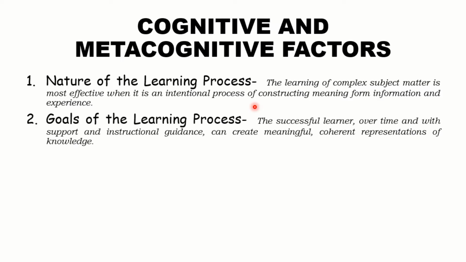Next one is the goals of the learning process. It says here that the successful learner, over time and with support and instructional guidance, can create meaningful, coherent representations of knowledge. The strategic nature of learning requires students to be goal-directed, to construct useful representations of knowledge and to acquire the thinking and learning strategies necessary for continued learning